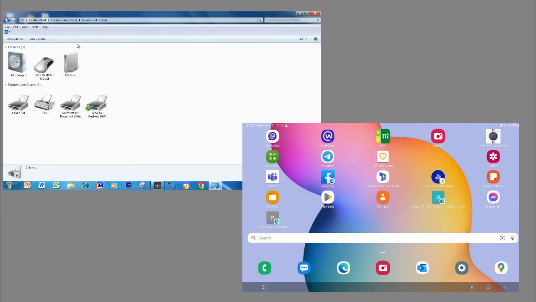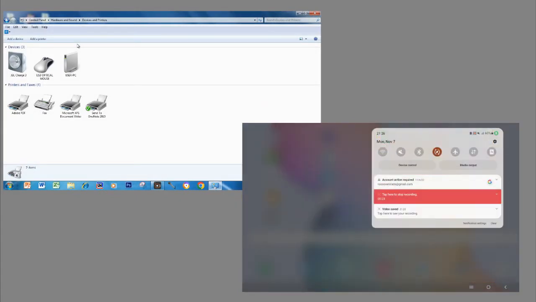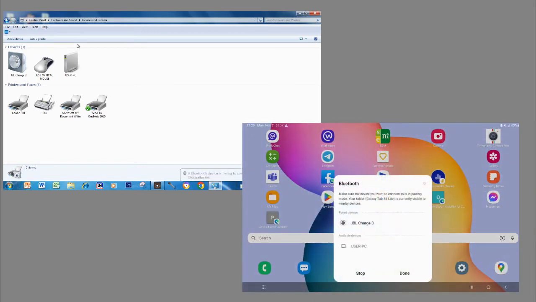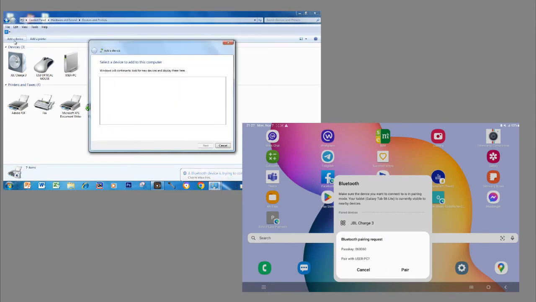I turn on Bluetooth on my tablet, and I just pair all the Bluetooth on my tablet. So just click on pair, and I go to add device, and now is